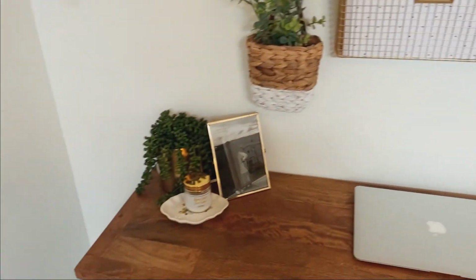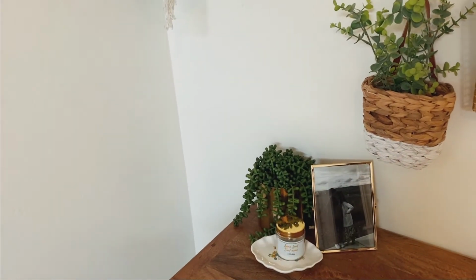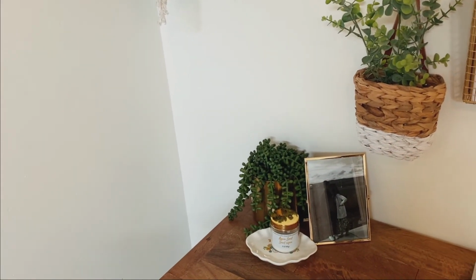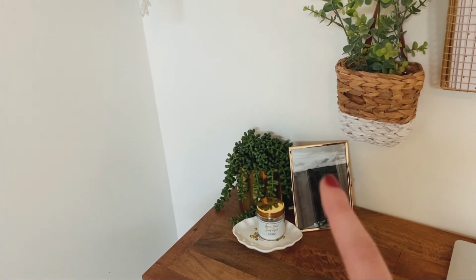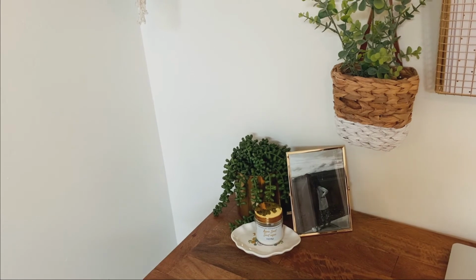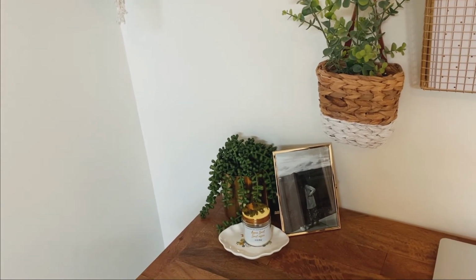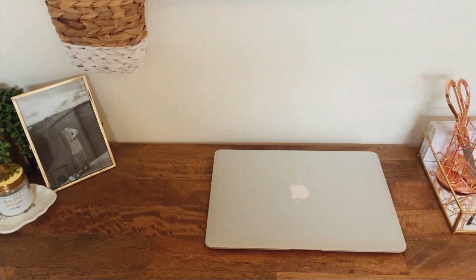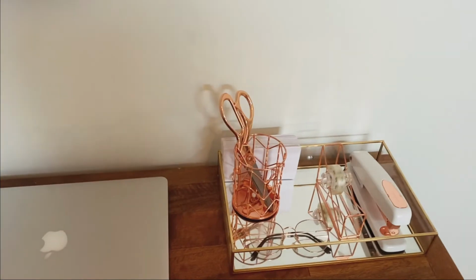Now coming down to the top of my desk, I just have this plant right here. I love this plant. I think it's from Target. I just like how it kind of looks real, so super cute. And then this candle on this cute little tray, and then a little picture frame. Love how the gold accents correspond with each other. Then I just have my laptop,